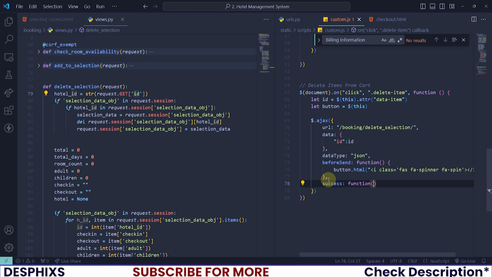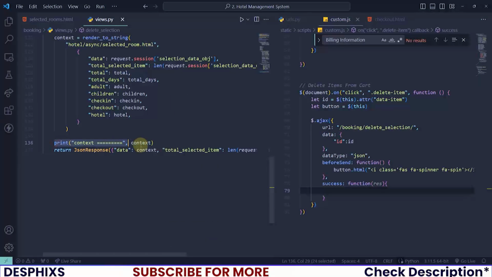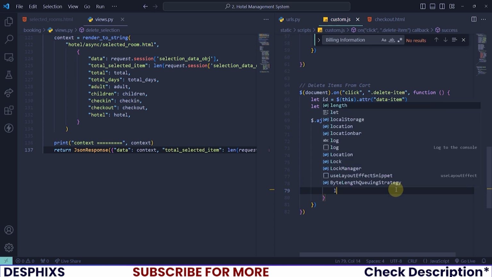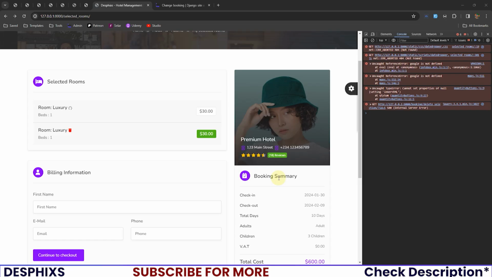So I will say function, and in this function, I will pass in res. That is to get this response that we sent here. So to get this response, you need to pass in the parameter here. Note, you can still call it banana, okay? This is banana. So now when you go ahead and log the banana and reload this page and actually hit this,